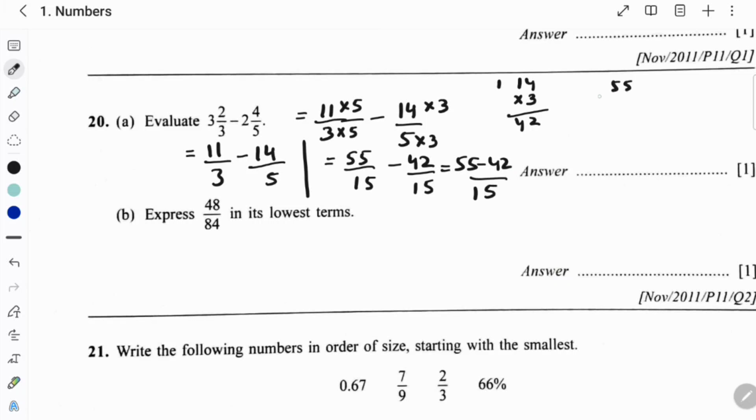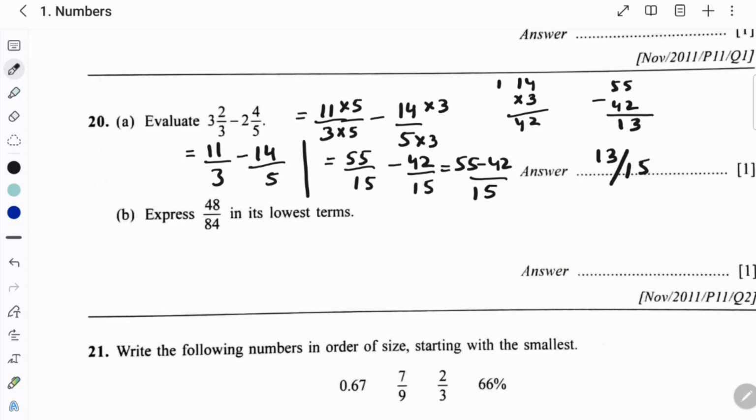So 55 minus 42: 2 and 5, the difference is of 3 numbers. 4 and 5, the difference is of 1 number. So 13 over 15 is the answer for this question. Alright, so in the next part,